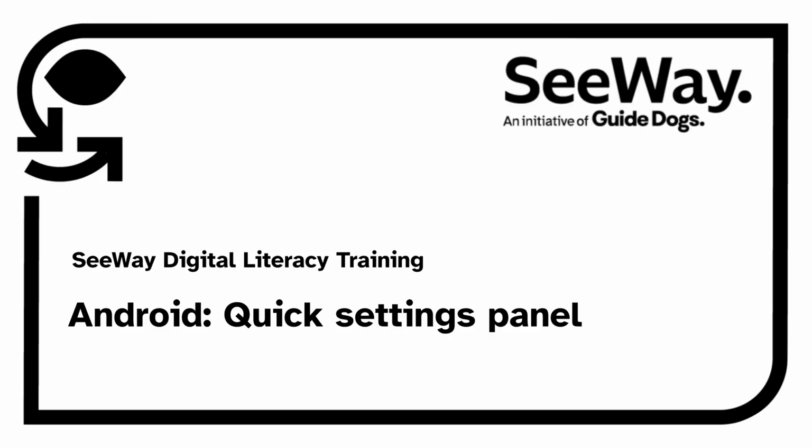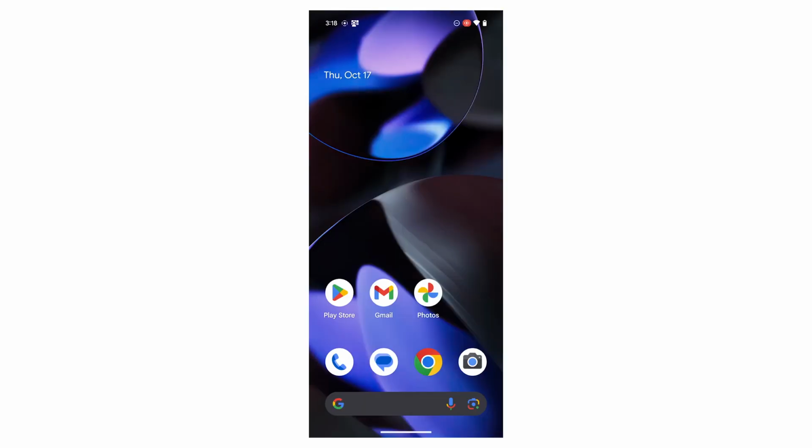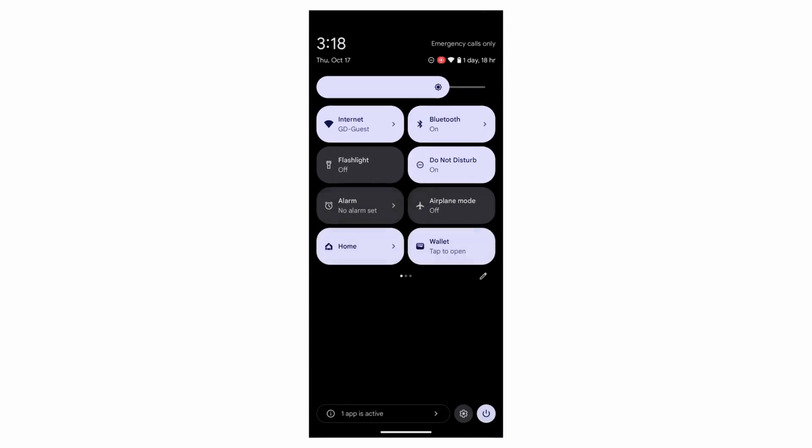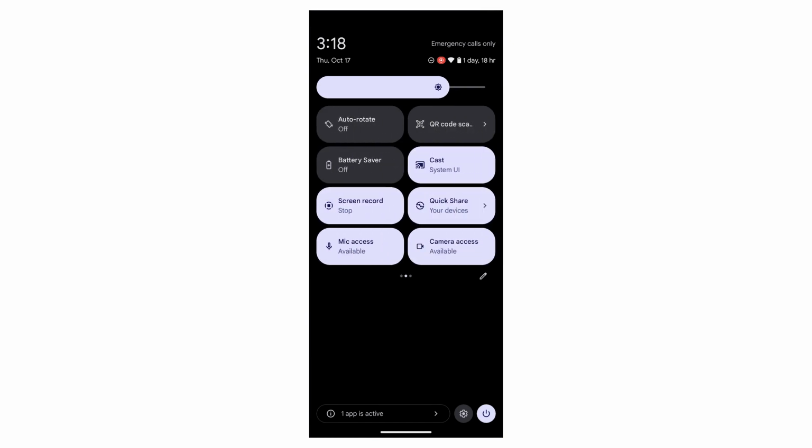In this video, you will learn how to access the Quick Settings panel on your Android device. This demonstration is using a Google Pixel device, but these instructions should be similar for all other Android devices. The Quick Settings collect many of your phone's commonly used features in one place, so you don't need to search